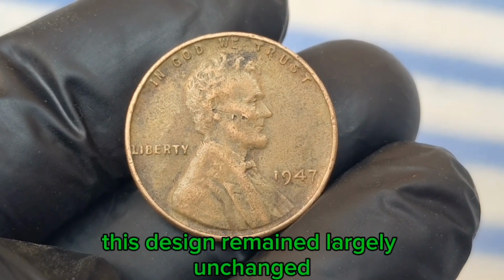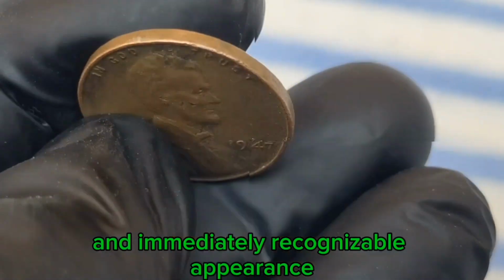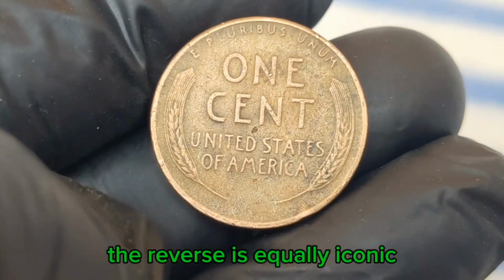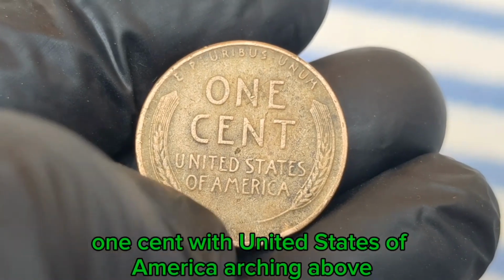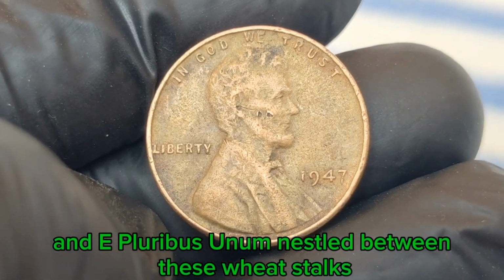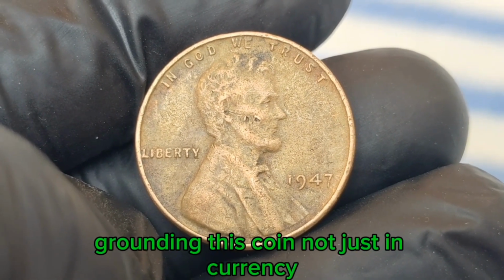This design remained largely unchanged throughout the wheat penny era, giving each coin a consistent and immediately recognizable appearance. The reverse is equally iconic, featuring two stalks of wheat framing the words "1 cent," with United States of America arching above and E Pluribus Unum nestled between. These wheat stalks symbolize prosperity and the agrarian foundation of the United States,